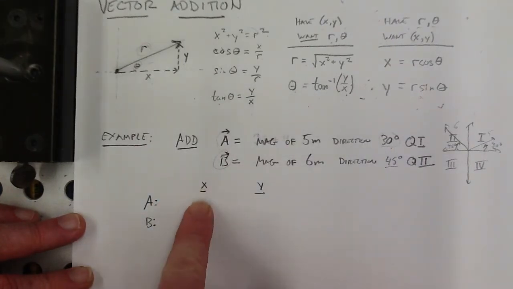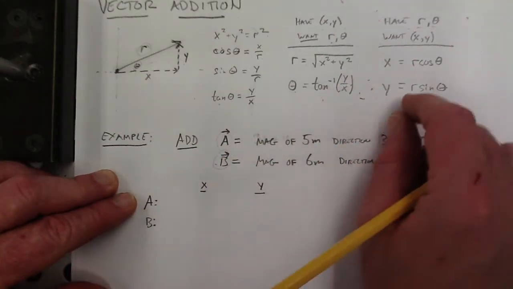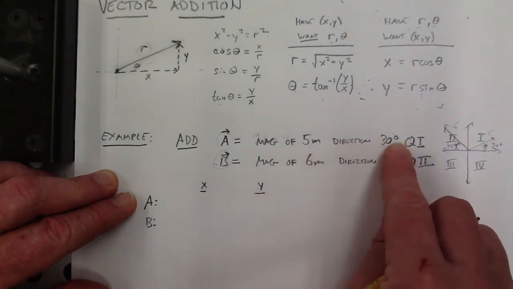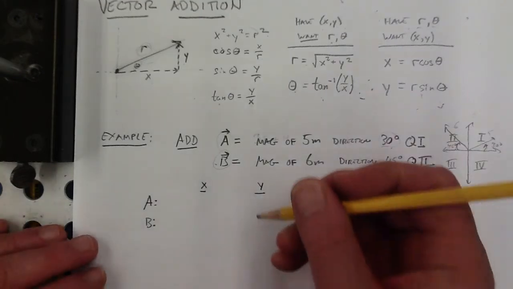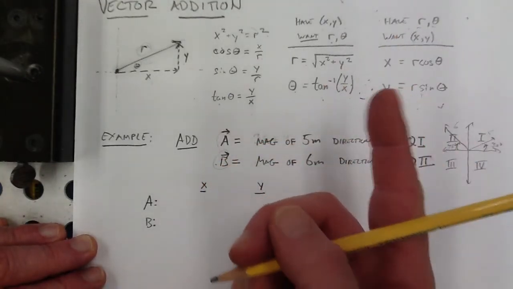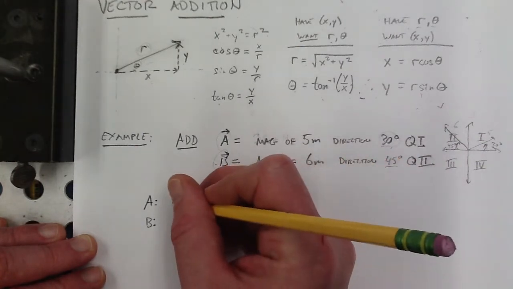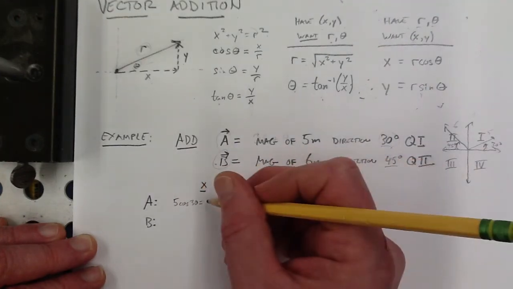So to get this right here, for vector a, to get the x, I need to do r times the cosine of theta. R times the cosine of theta. 5 times the cosine of 30. So I'm going to do that on my calculator here. Please make sure that your calculator is in degree mode before you start punching any buttons on it. 5 times the cosine of 30. I'm going to round to the nearest tenth. Don't be writing down all those numbers on your calculator. So this is 5. I'll go ahead and write that down. 5 cosine 30, which is